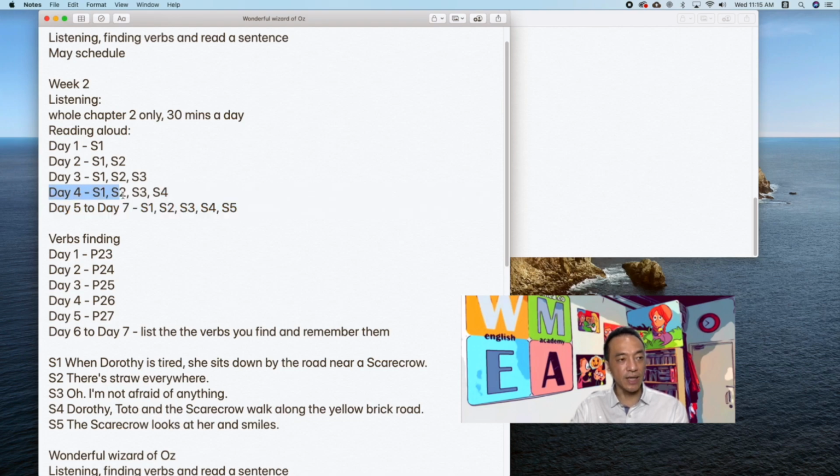Day 4, you read sentence 1, sentence 2, sentence 3, and sentence 4. And day 5 to day 7, you just keep practicing these 5 sentences all together and make a recording. I request my student to send it back to me so we can share their achievement and I can correct their pronunciation if necessary. So it is really helpful to set up an agenda like this.